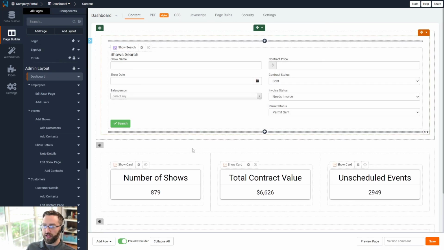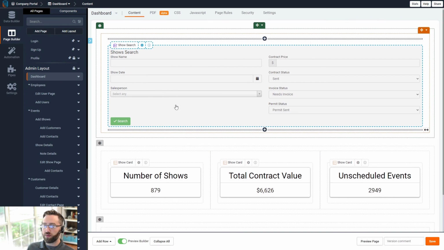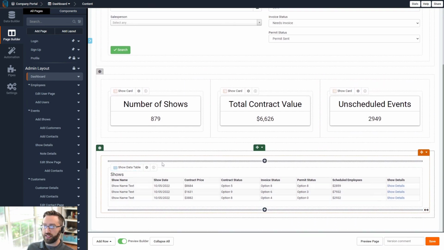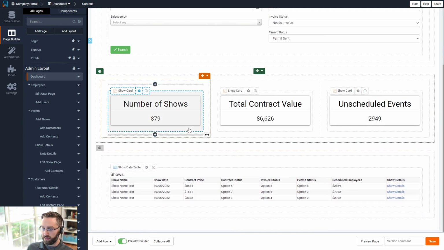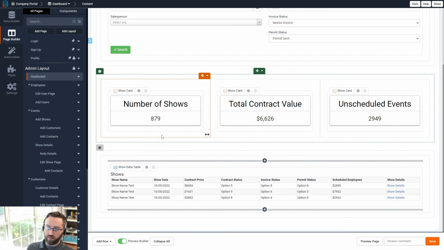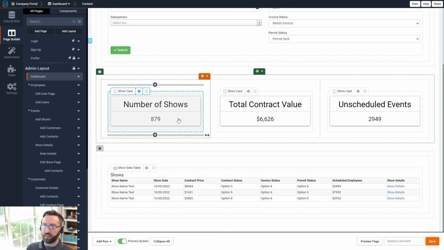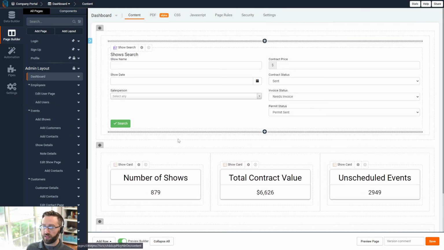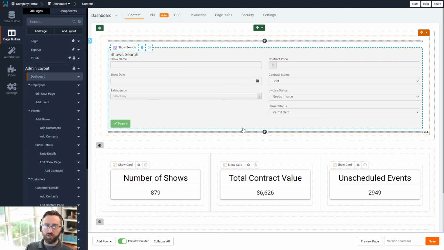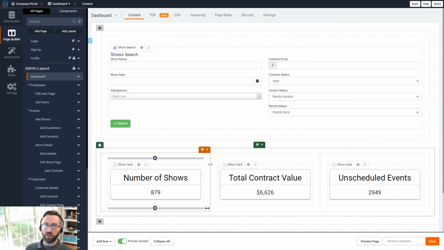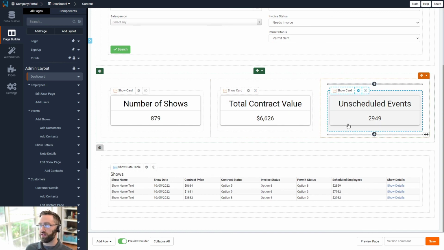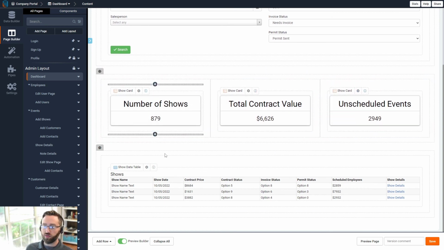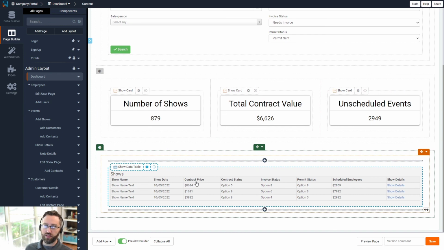Within the admin layout, we have a dashboard page, which contains a search component, 3 card components, and a table component. When we filter the search component, the data reflected in the components beneath it will all change dynamically based on the selections that we use in the search component. So this gives all of your internal users within your organization a nice overview of all of the action that's taking place. In this case, we have the number of events, total contract value, and any events that are unscheduled, which will allow you to deep dive into those events